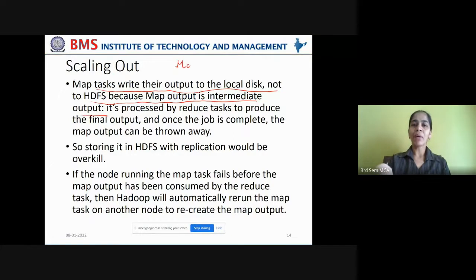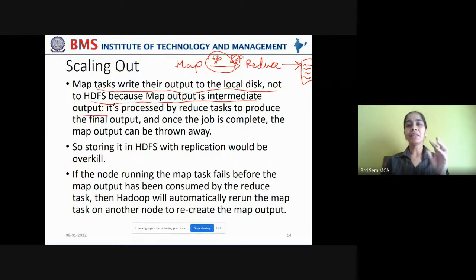When we have a map job which passes its output to a reduce job, and the reduce job finally writes the data to a file, the intermediate result of the map job being passed as input to the reduce job need not be saved anywhere, because once the reduce task executes and completes its task, the map job's output has to be disposed.